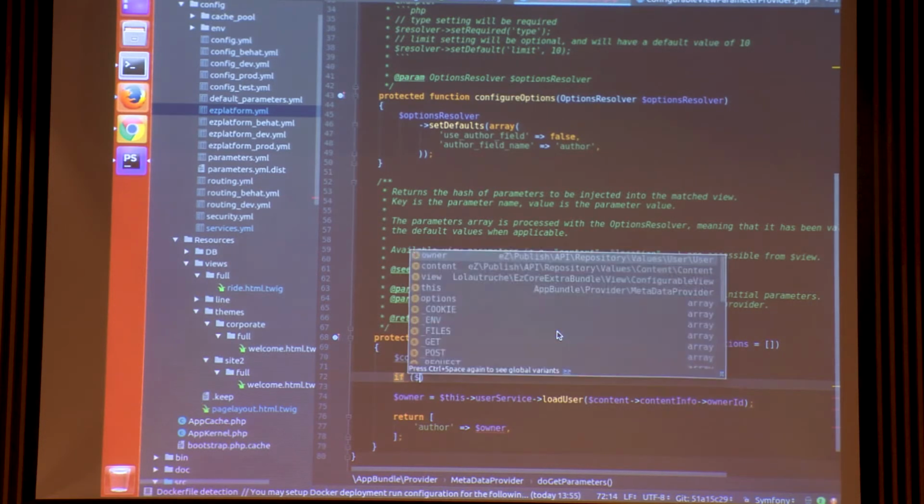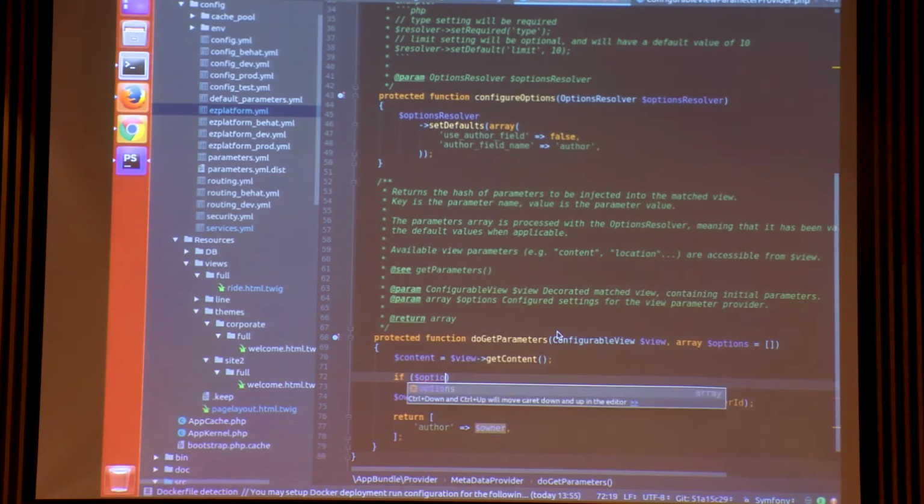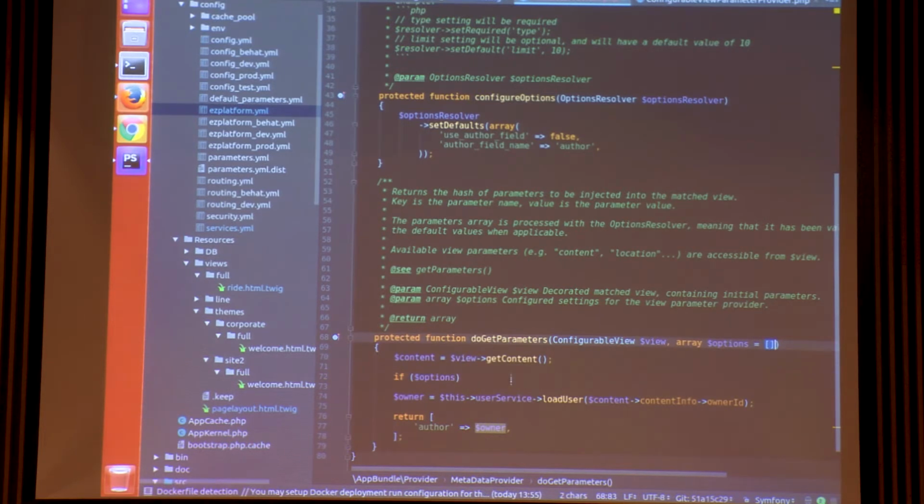Let's say if options, because options that are passed here are already validated by the options resolver, so we're sure to have the key we're going to use. So if options use author field, so basically if it's true, curly bracket,